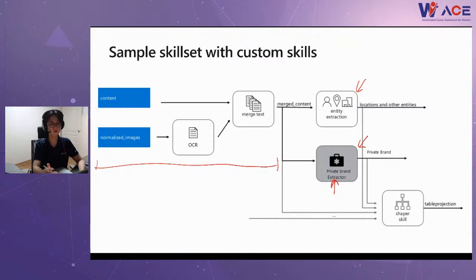One scenario you can think of is that pre-built skills couldn't recognize your private brand or maybe your company name. In that case, you can build your own module and try to extract your company brand or company organization or company name and so on from this merged text.